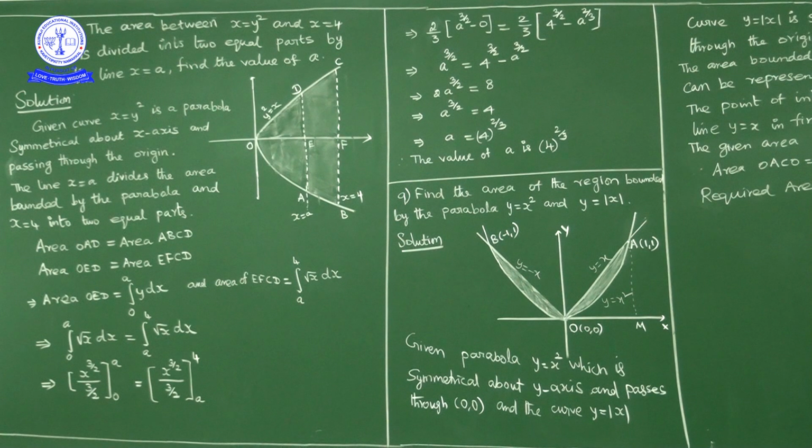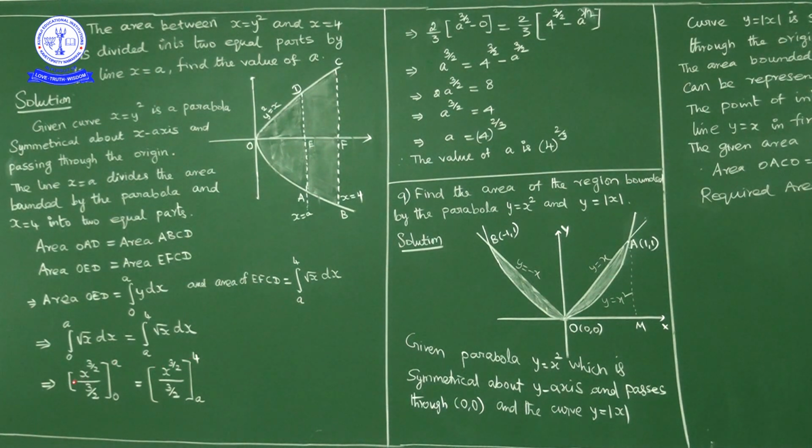Now here root x integration is what? x power 3 by 2 upon 3 by 2, lower limit is 0, upper limit is a. So here also same thing, square root of x integration is x power 3 by 2 upon 3 by 2, lower limit is a, upper limit is 4. Now by substituting in place of x upper limit minus lower limit, this 3 by 2 in denominator comes in numerator as 2 by 3, 2 by 3 into, by substituting upper limit